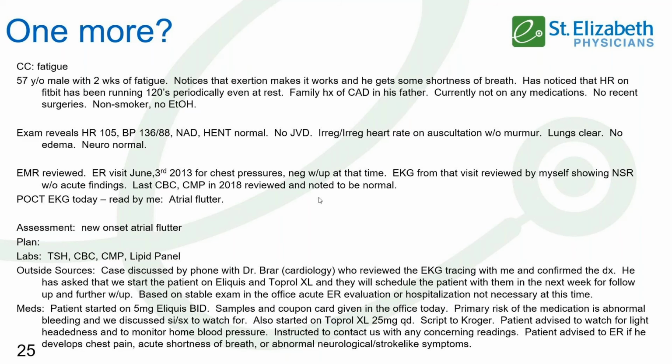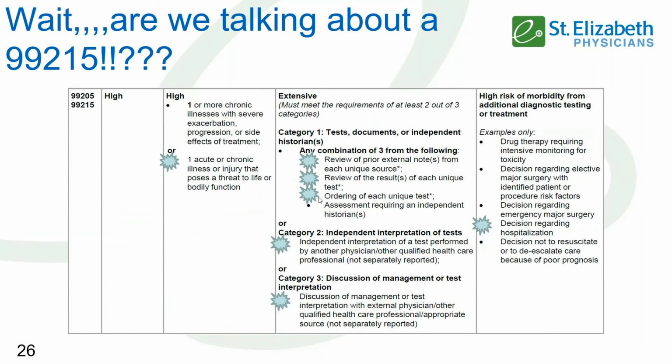This really ends up being that elusive 99215 because we've got an acute or chronic illness or injury that poses a threat to life or body function. We all know that A flutter can cause significant issues if gone untreated. We reviewed prior external notes from the ER. We reviewed tests from the ER as well as that EKG. We ordered tests. We discussed it with a specialist, and we had discussion about whether or not to hospitalize. And the patient was put on